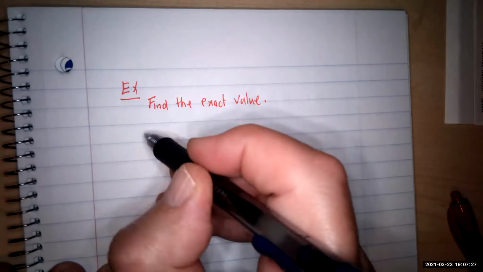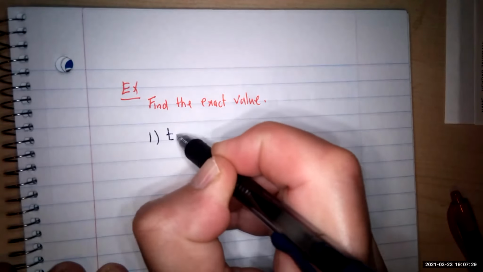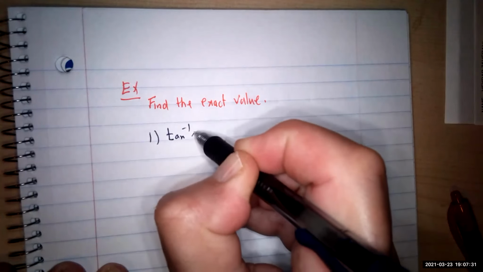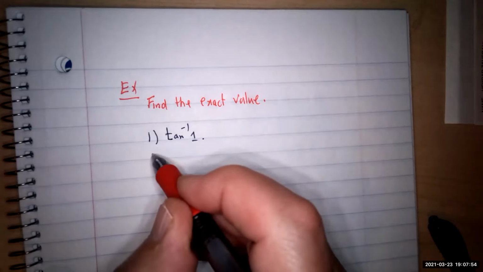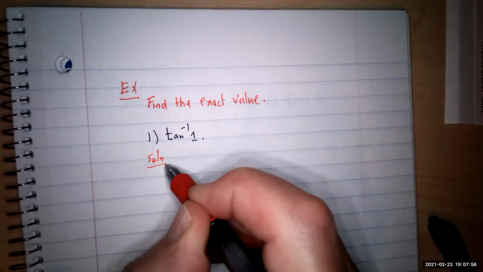Okay, the first one, we go with the tan inverse of 1. You want to find a function whose tangent is equal to 1. You know that angle is 45 degrees. Okay, but you can write it down if you like. If it's 45, if we accept it, okay, the solution is going to be,